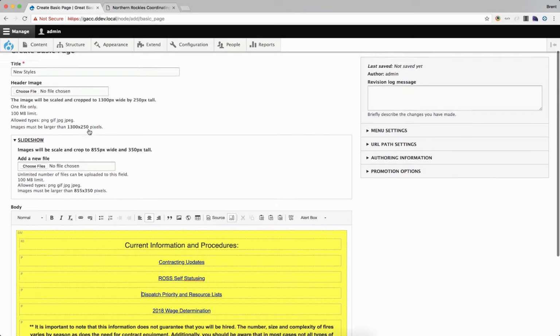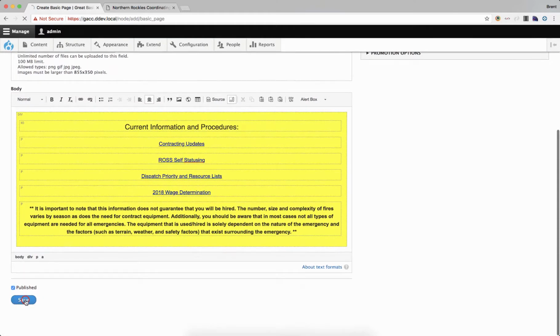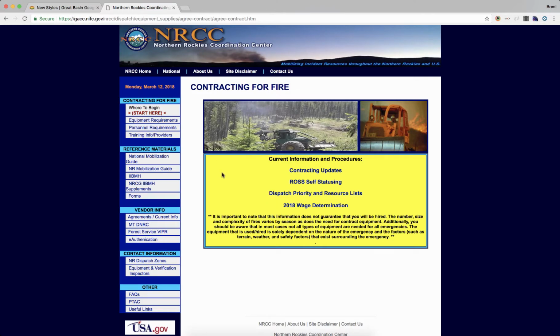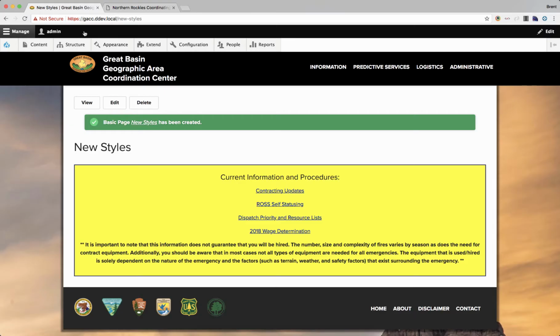And now I'm going to click save. And as you can see, it looks really close to that previous style. So whenever you want to send your visitors to that content that was styled just like this, you won't lose all of that formatting that you were doing in the past. And again, this alert box or the highlighting feature can be used in any page that has a body, which all of them do. And if you ever want to remove the style, you can go back in,